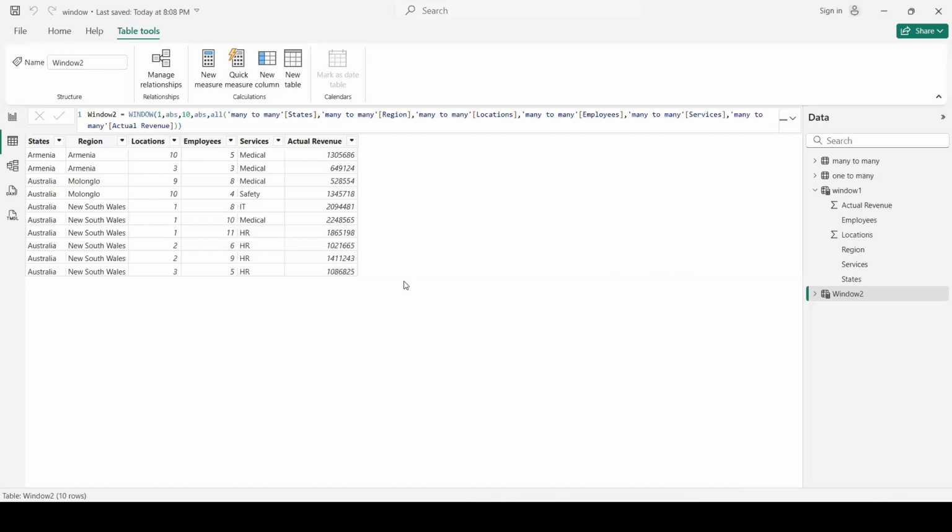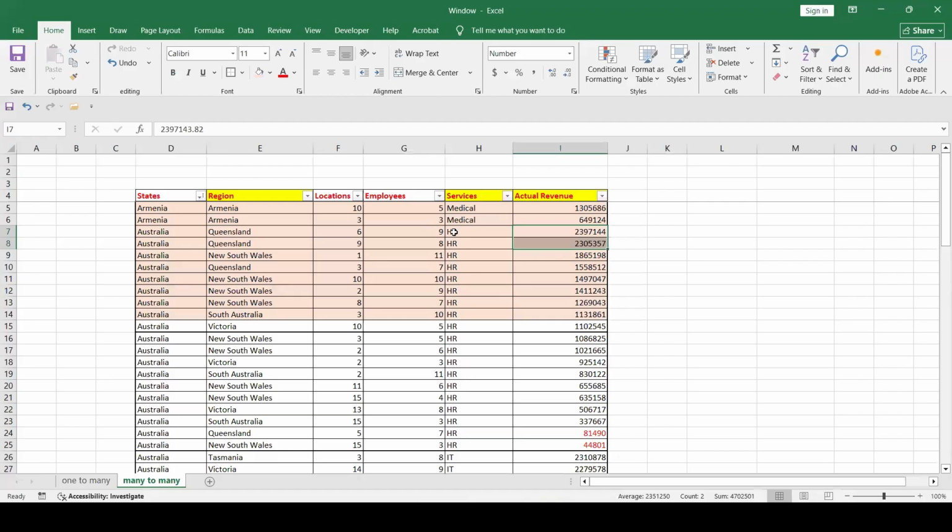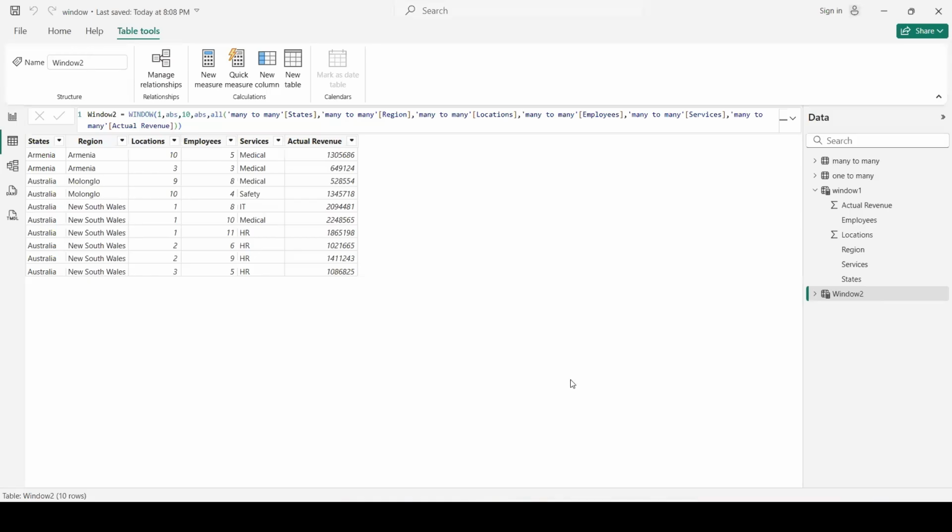So you can see that here is medical, safety, IT, HR. So the next line should be Australia with HR and 2.3 millions. So that didn't happen.